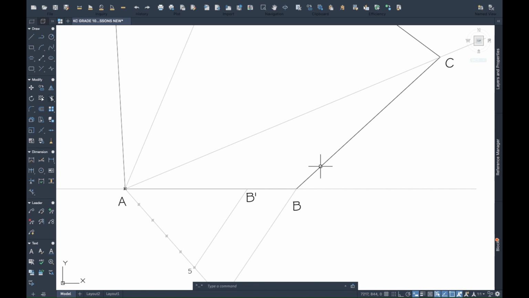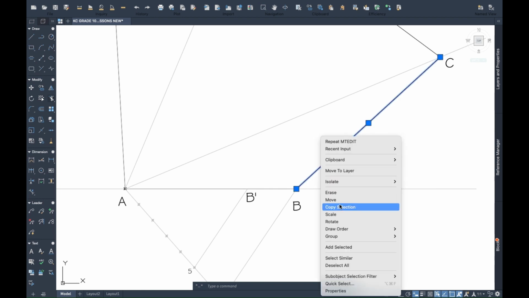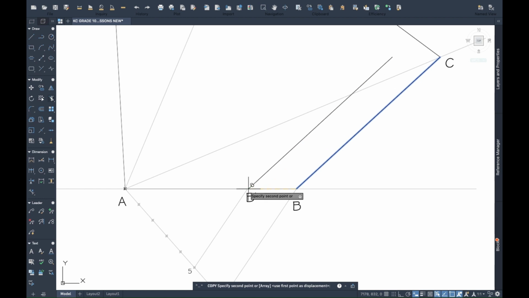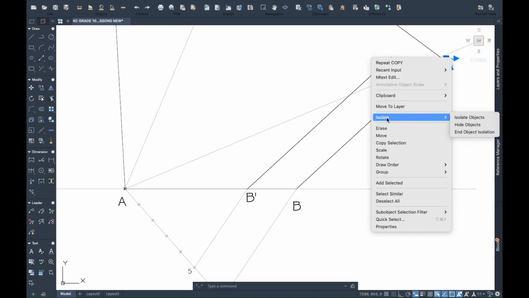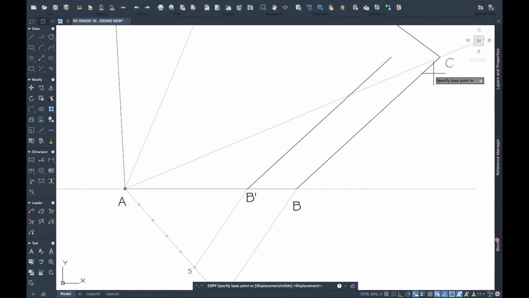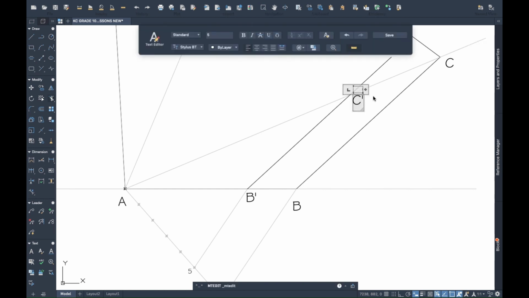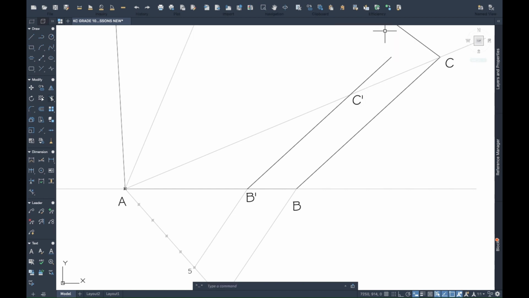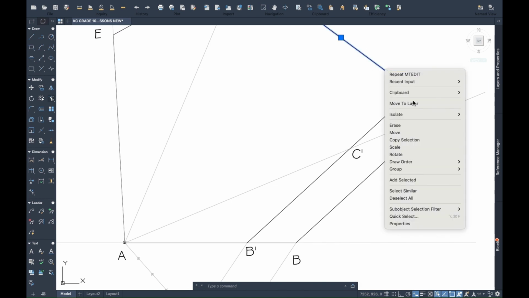Now we're going to copy this, and this is now where C prime is. So this here is where C prime would be. We're going to copy this,